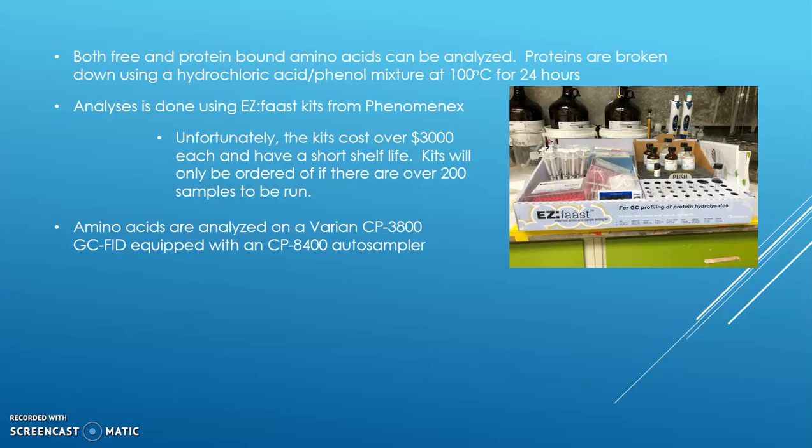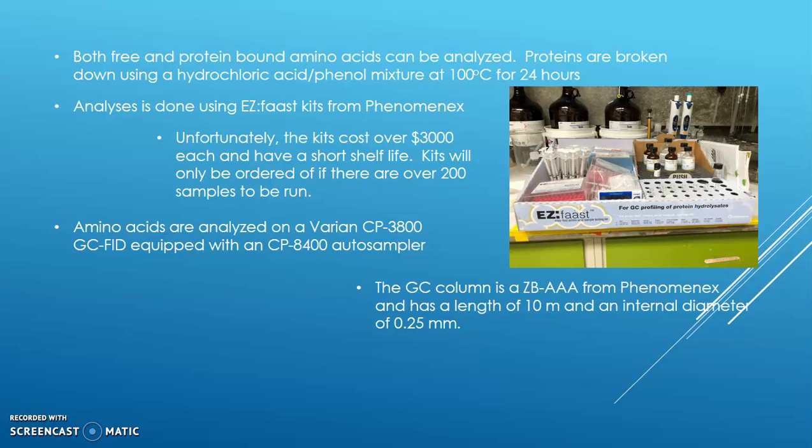The amino acids are analyzed on a Varian CP3800 GC that is equipped with a 3400 autosampler. The GC column is a ZB-AAA from Phenomenex and has a length of 10 meters and an internal diameter of 0.25 millimeters. The sample run time is only 6 minutes,